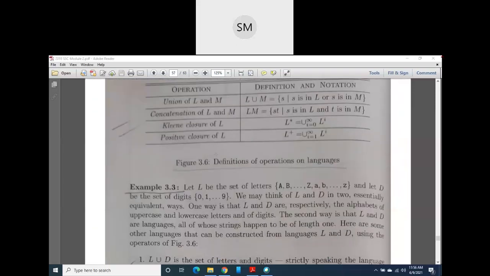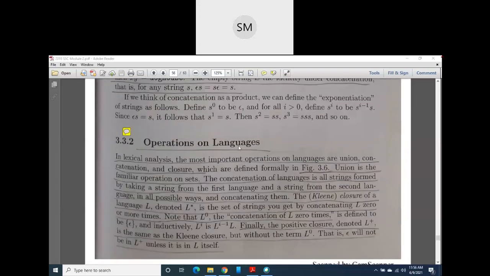Now let us see some other operations on languages. I told you one operation, that is concatenation, right? In lexical analysis, most of the operations on our languages will be the union operation, concatenation operation, and closure operation. This topic is 2.8.2 in my notes. Very important topic once again from the exam point of view. These are the operations we can perform on our languages, not on arithmetic operands or operators.